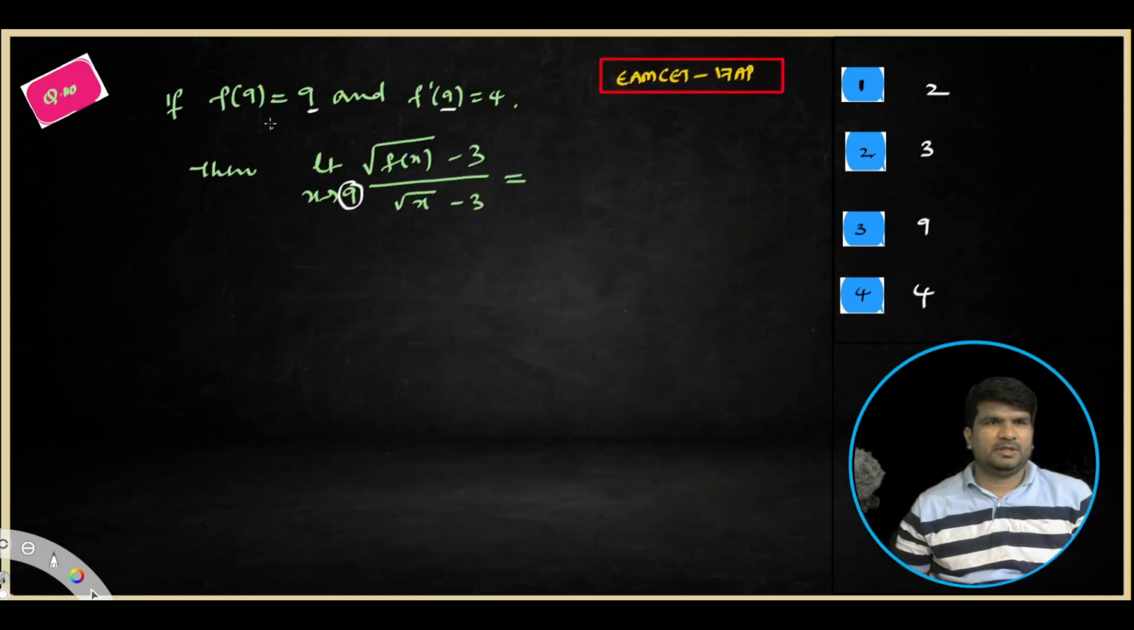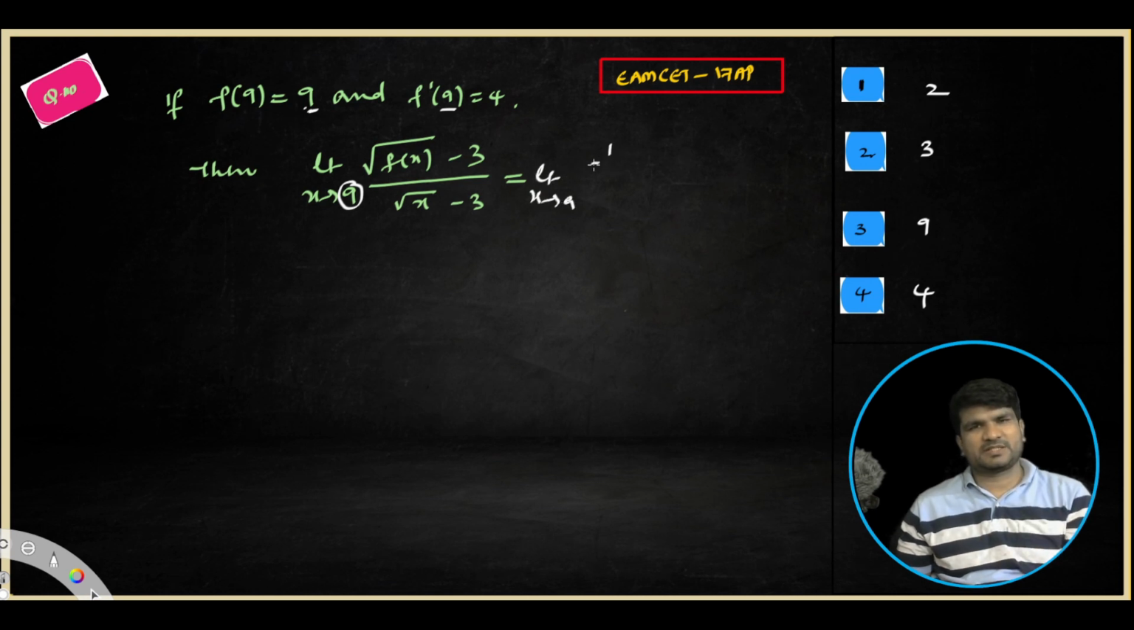Next question: if f of 9 equals 9 and f dash 9 is 4, then find the limit as x tends to 9 of (root over f of x minus 3) by (root x minus 3). Eamcet 17 AP. So here we have to find this limit, and I am using L'Hospital rule. According to L'Hospital rule,